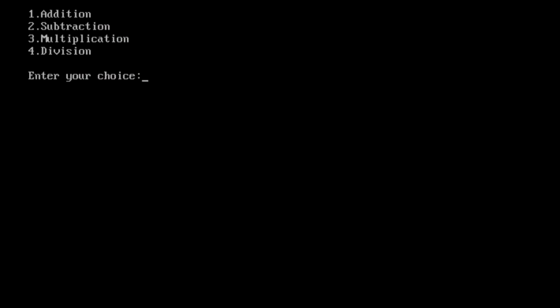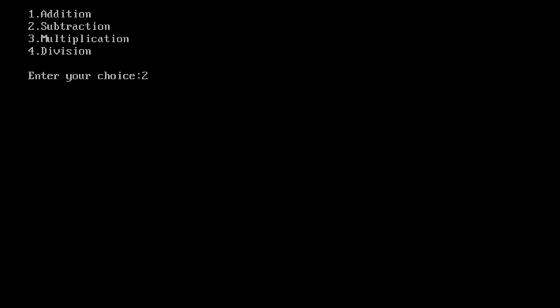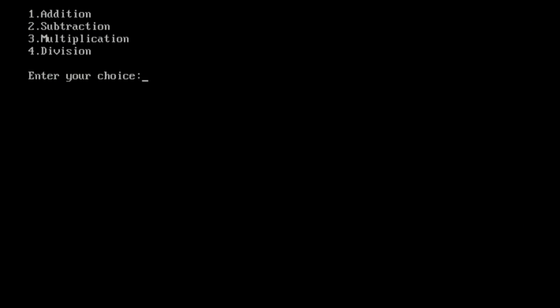Let's check program output with all the possible cases. Great, it's working as expected.